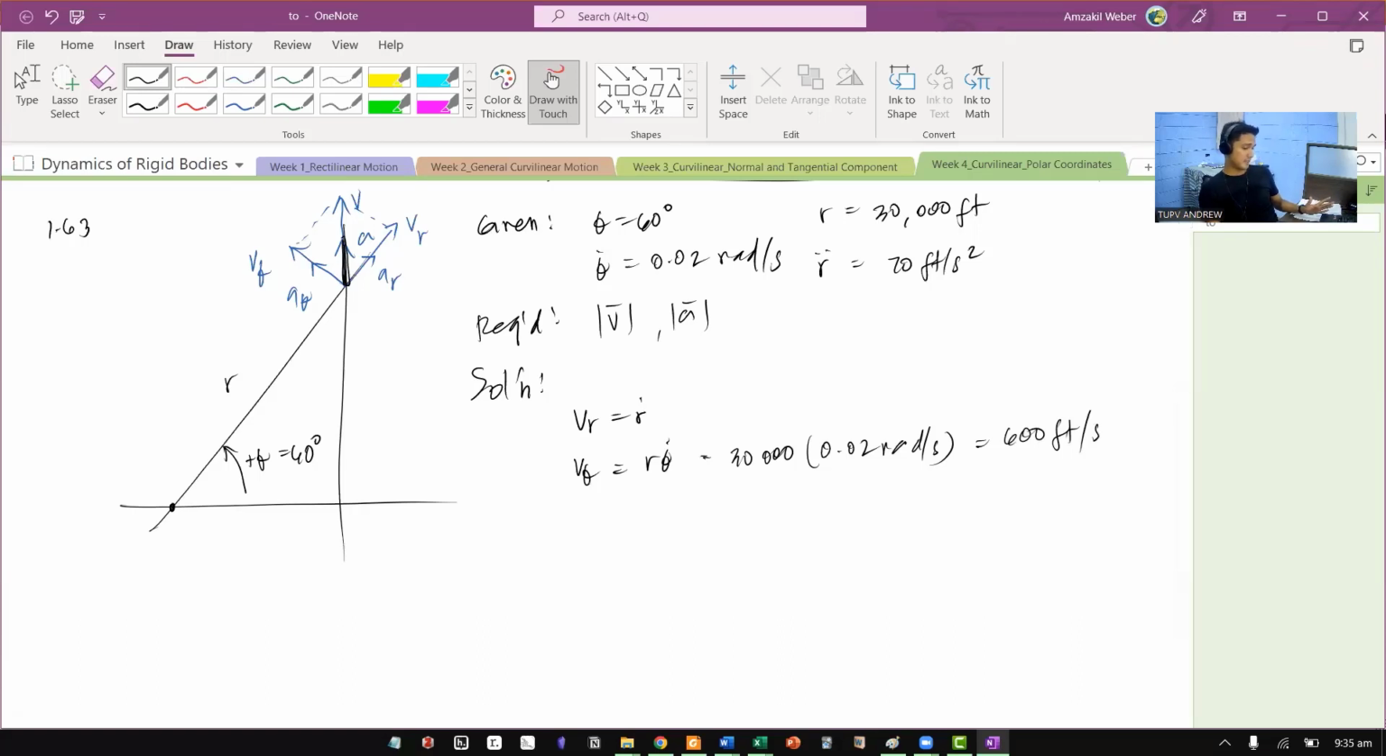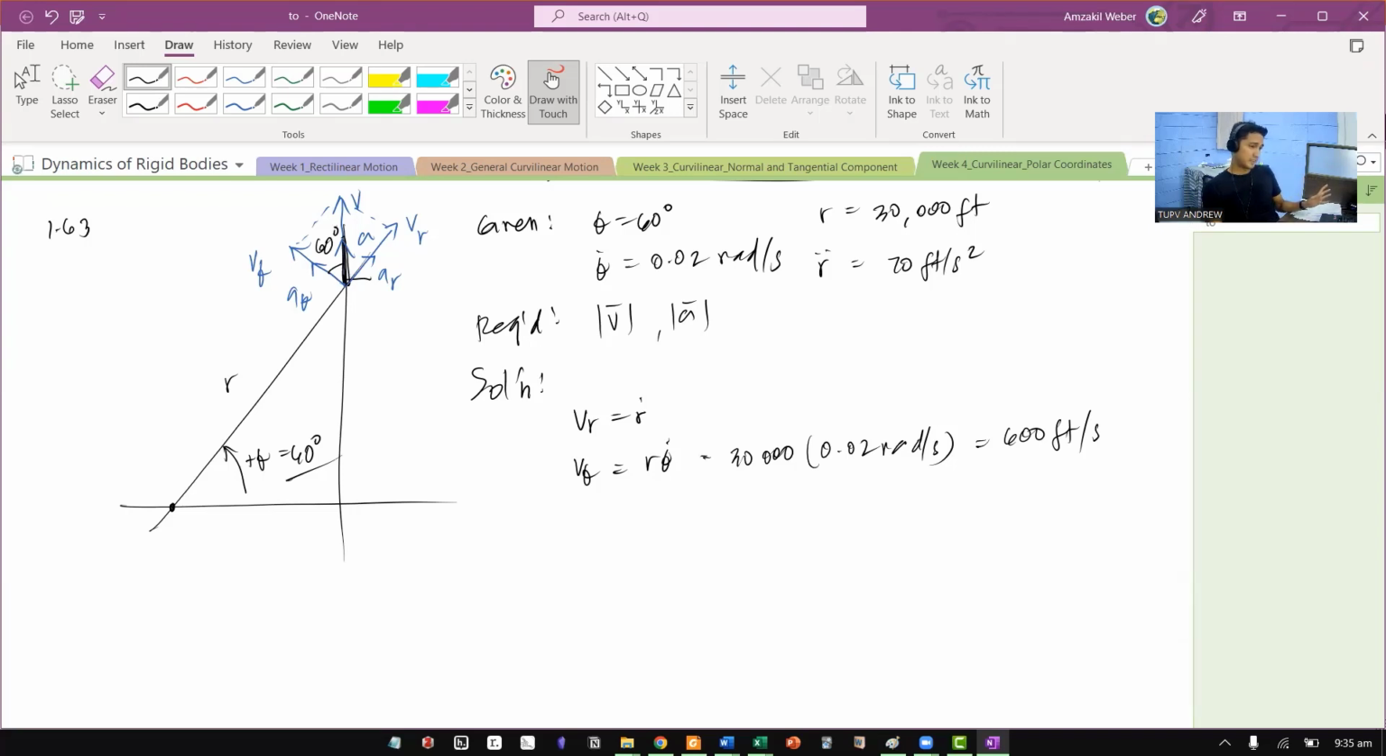First, here we solve for VR or that. We don't have that, but we have V theta, and we have the angle, which is 60 degrees. So if this is 60 degrees, this is also 60 degrees, and this is 60 degrees. Okay? So using V theta,